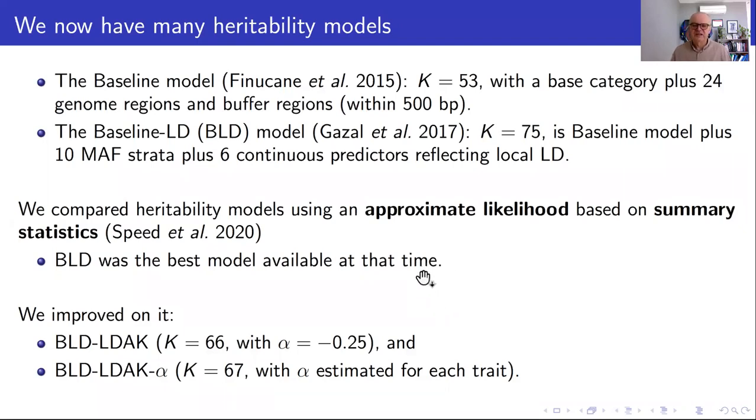But with this insight, we could go ahead and improve on it straight away by getting rid of the 10 MAF strata. It's not a good way to model MAF. The continuous one parameter model that I showed you earlier is much better. So we put that in, also changed a little the measures of LD, and reduced the number of degrees of freedom and improved the performance of the model. And we proposed two versions of the model: you can use the default value of -1/4 for the alpha parameter, which specifies this MAF effect size relationship, or you can have alpha as a free parameter to be estimated, which of course increases the degrees of freedom by 1. And if you're looking at many phenotypes, that increases the computational burden quite a bit.